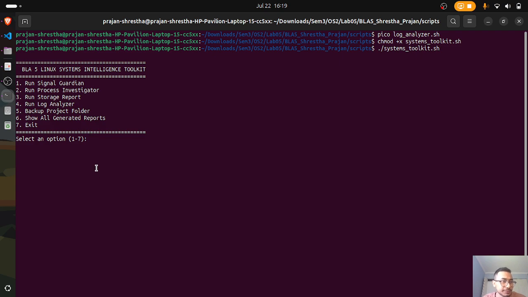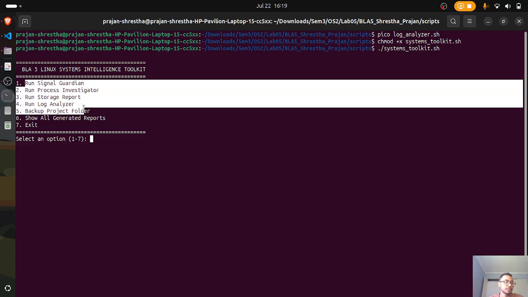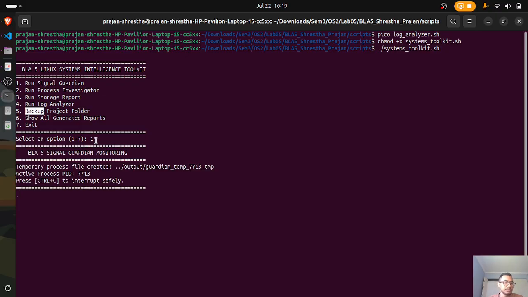So here we have a menu function, for example, to run signal guardian, process investigator, storage report, and also to create a backup. So if we type one, then we have the signal guardian, which is eventually the